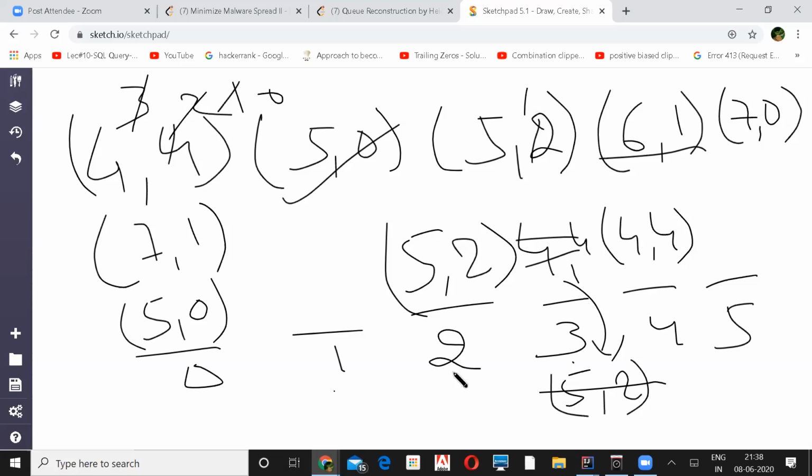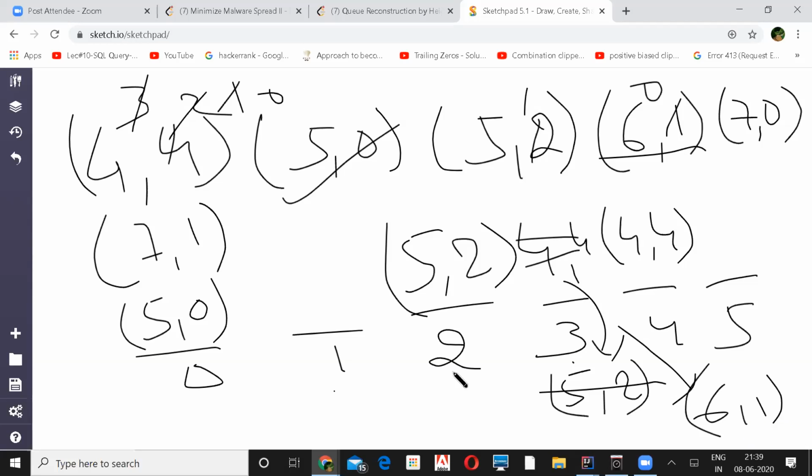Because your 5 is greater than 6, right? So you cannot go there in the 0th position. But then when you come to the first position, that's a valid candidate, but your count is 1. So you decrement it, and then you go to the second one where it is 5,2. You cannot put that because 5 is smaller than 6. Then you move to the third position, where your count becomes 0, so you can put it there. Correct? 6,1. That is what Harshit was also explaining, correct?